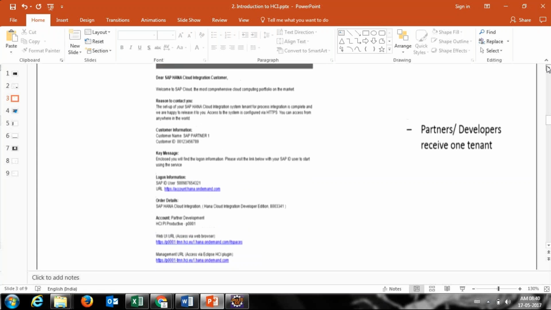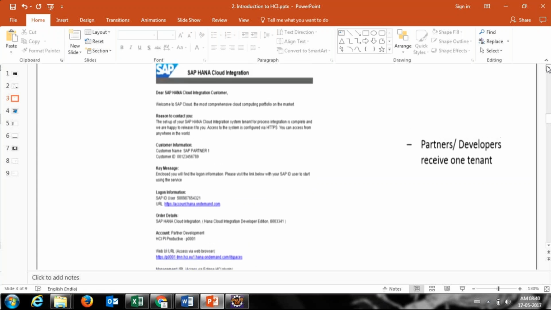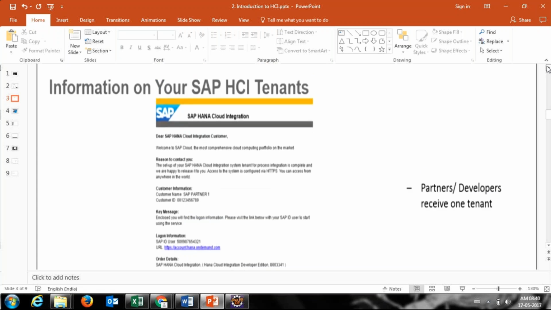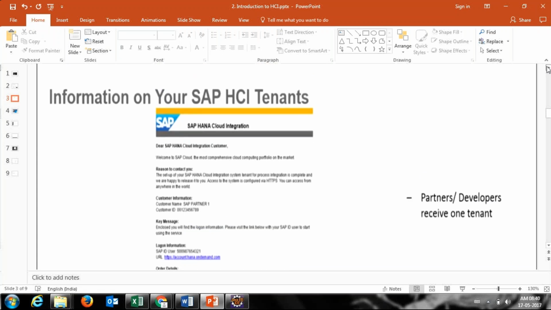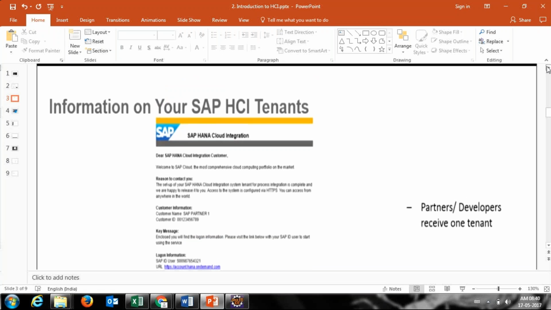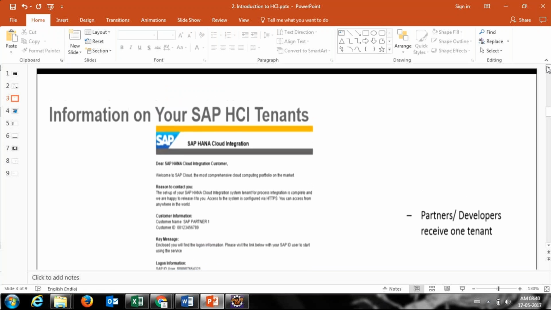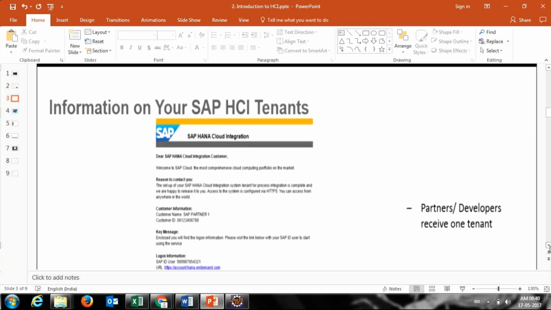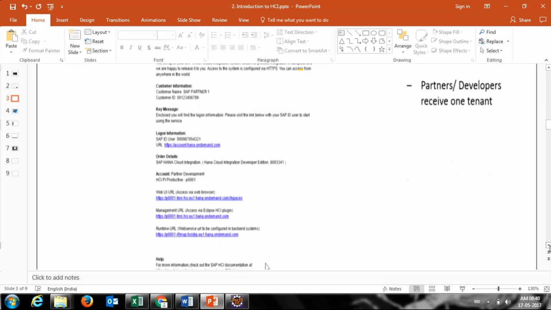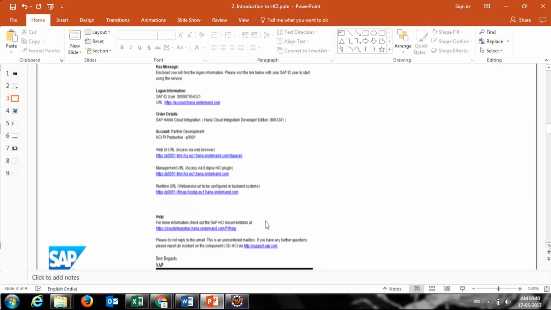You are using some others' HCI to access the HCI tenant and to develop the message. You can think of it as a sandbox HCI tenant. Okay. So in this case, you will be provided with only one tenant. Okay. So once this is done, you have to do the configuration in